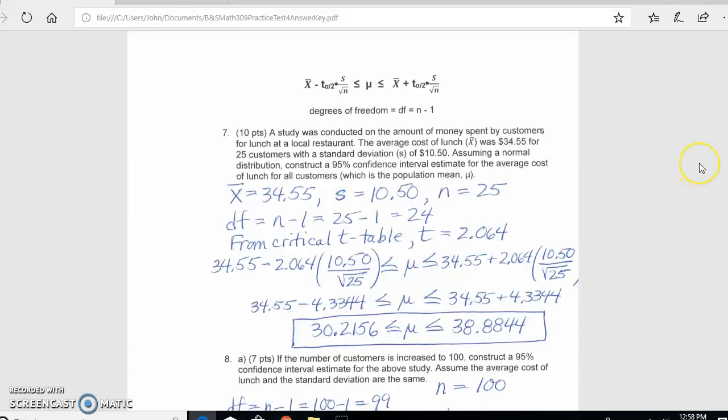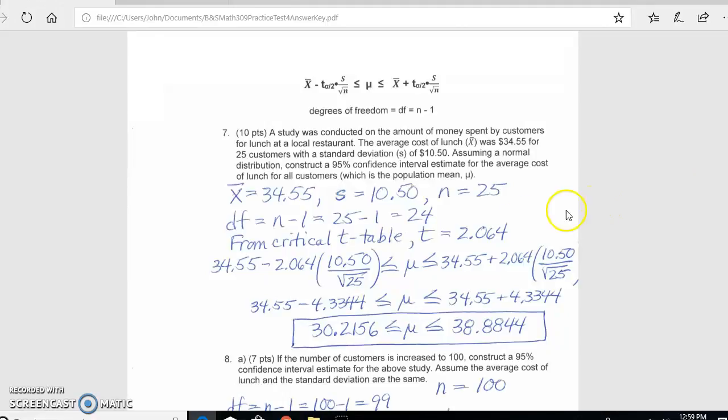This is practice test 4, and we are here doing problem number 7. And the problem states that a study was conducted on the amount of money spent by customers for lunch at a local restaurant. The average cost of lunch, X bar, was $34.55 for 25 customers with a standard deviation S of $10.50. Assuming a normal distribution, construct a 95% confidence interval estimate for the average cost of lunch for all the customers,